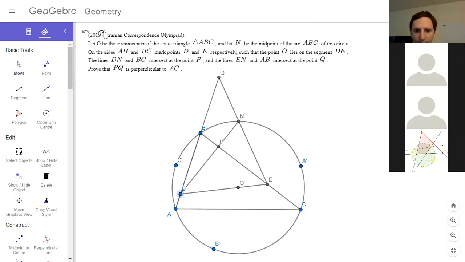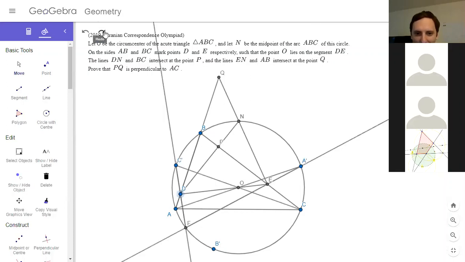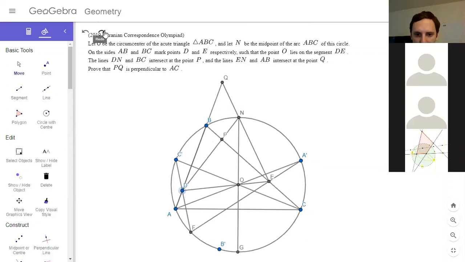All right, I'm going to redraw some. Okay. So if we can show that PQ passes through H using Ceva, it feels like it should just be a matter of projective geometry. Let's see, because